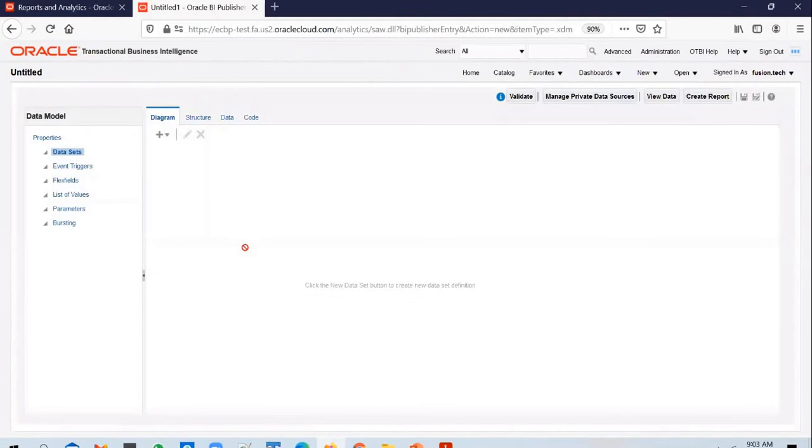And you will see a blank screen like this. And in here, you will have to plug in your SQL queries. I'm not sure if you have prior experience in SQL or not. If you have worked as a technical consultant, you would definitely know SQL, but it doesn't matter even if you don't know it, because all you need to do here is write simple select statements, which will pull the information from the database.